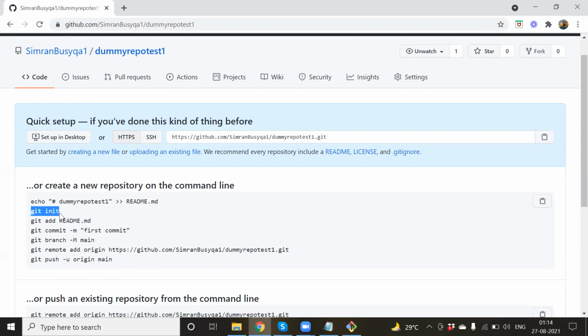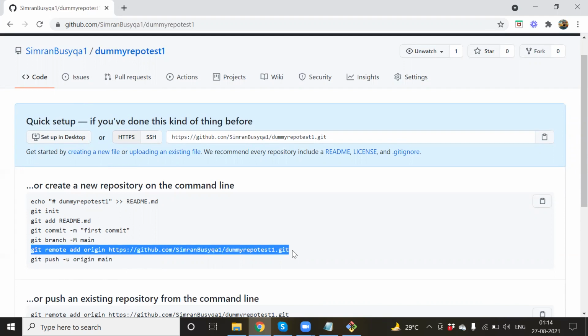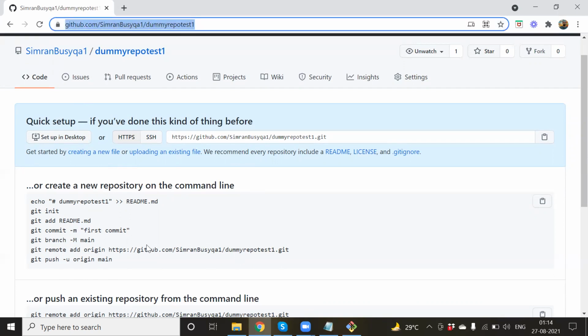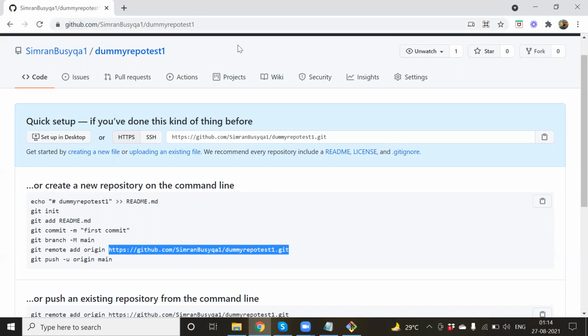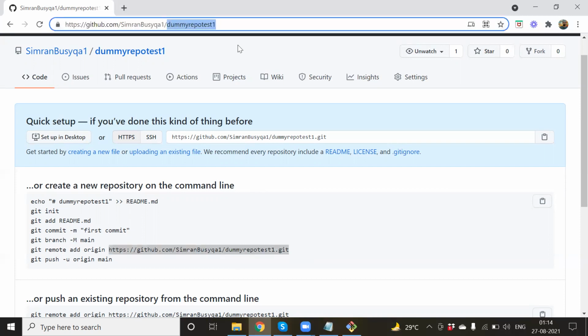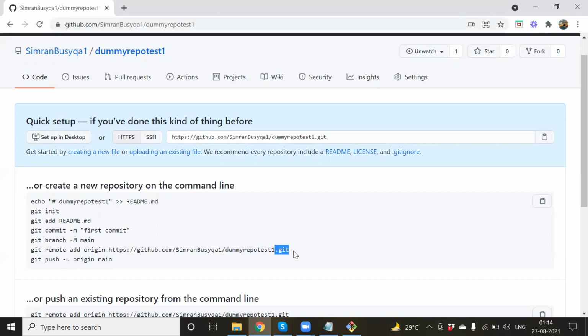Okay. In the initial part, we have to do this git init and this git remote add origin, this one. So this is kind of a thing that will be pointing to this complete URL. If you see, this is very much similar to this HTTPS. This complete thing is very much similar to this thing only, right? Only thing is .git is there at the end. Basically, if you remember, while cloning the existing repository, we were able to get the complete path of that repository. So the same thing is there.